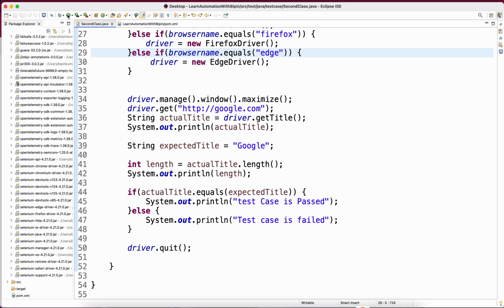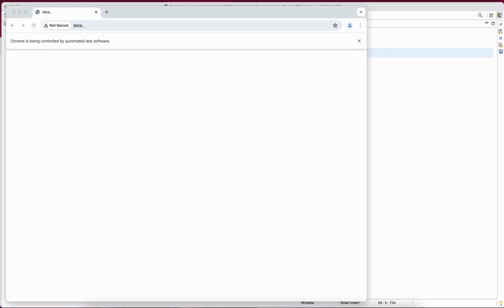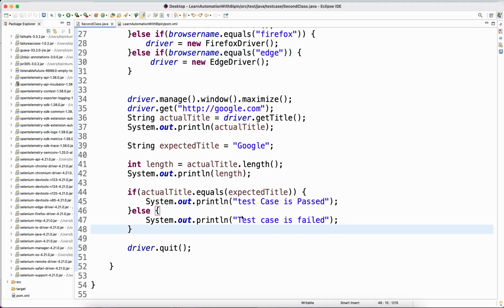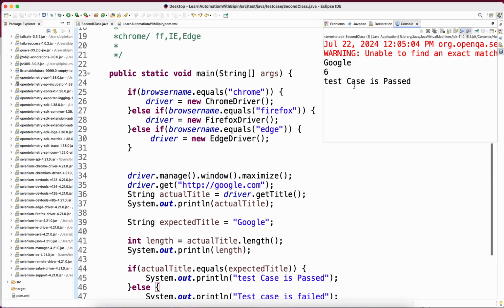So it is one of the ways, through that way you can just configure your test cases. Test cases passed, Google 6. Okay, so